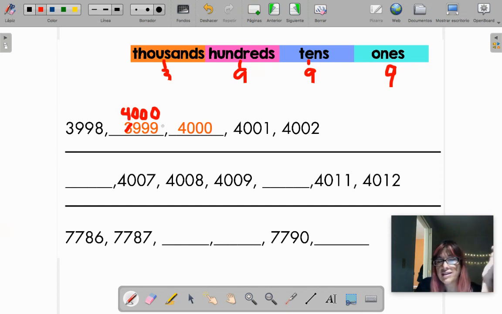Because all the 9s become the friend of Zero the Hero in this example. But the easiest way to do this really is adding the way I did it here, okay? Unless you already are an expert in counting, then you just know it in your head. After all the 9s, if we add one more, you know that now you go to the 4 in the thousands, okay? If we had here